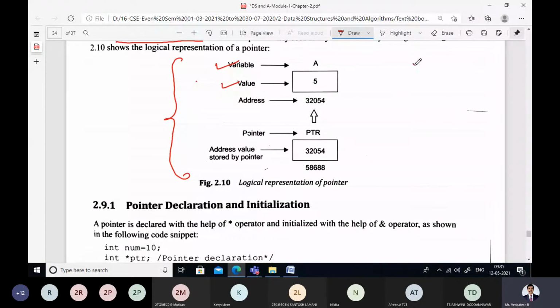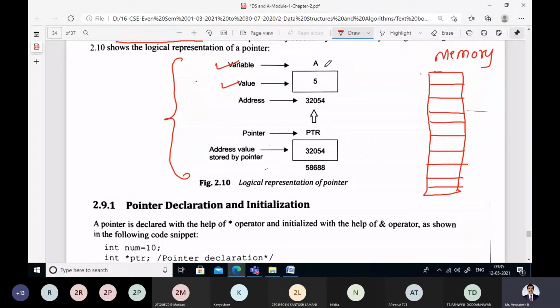This is the memory block, that means your main memory or RAM. So many locations are there, with address values. The memory addresses range from some minimum value to some maximum value, say 65,000.